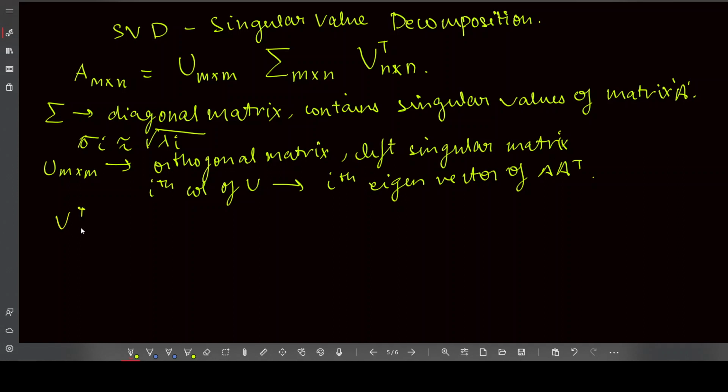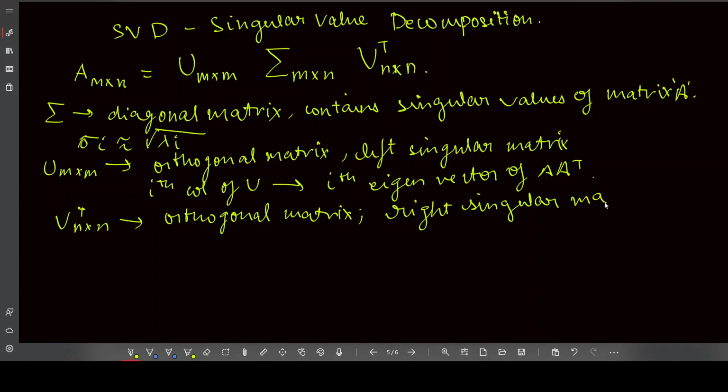Similarly, V transpose, n into n, is also an orthogonal matrix. It's also called the right singular matrix. Take a guess why, because it's on the right of sigma. And the ith column